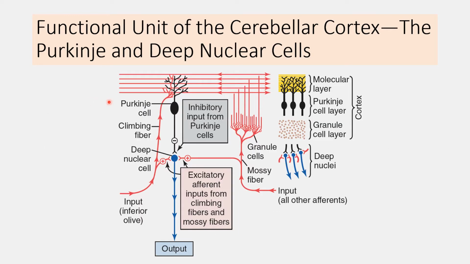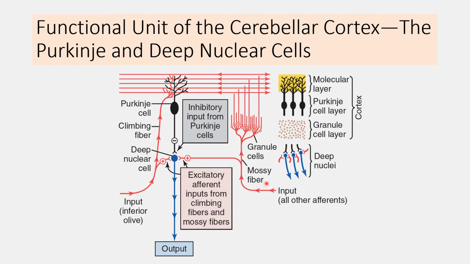Now in this figure we can see the functional unit of the cerebellum, which contains various cells present in the cerebellar cortex, which center on the single Purkinje cell and the deep cerebellar nuclei. The afferent fibers provide information to the cerebellar cortex and the deep cerebellar nuclei through the inferior olive, and these fibers are known as climbing fibers, and the mossy fibers synapse with the deep cerebellar nuclei and the granule cell. The climbing fibers first excite the deep cerebellar nuclei and synapse with the Purkinje cell. So first it excites the deep cerebellar nuclei, which is followed by inhibitory output from the Purkinje cell.